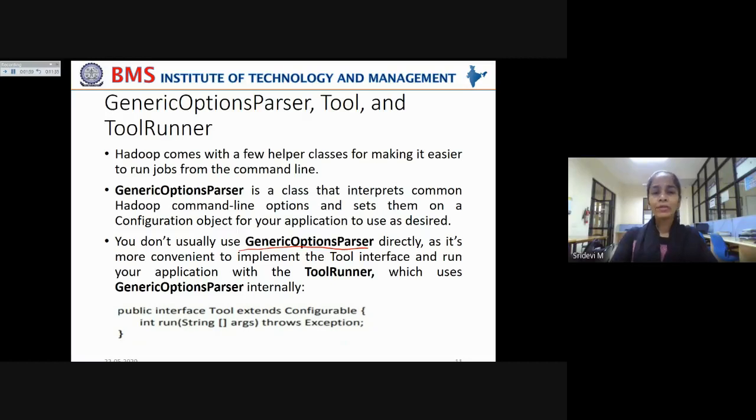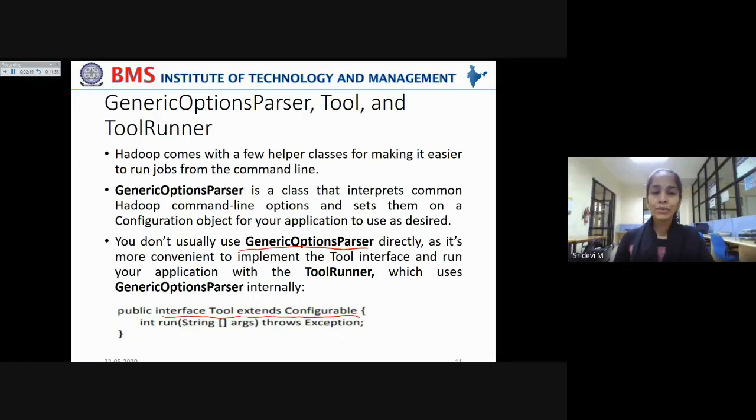Okay, so how do you do that? You use the public interface Tool, which extends the Configurable interface, which extends the Configured interface. Understand this carefully. You are using the Tool interface that is already defined.